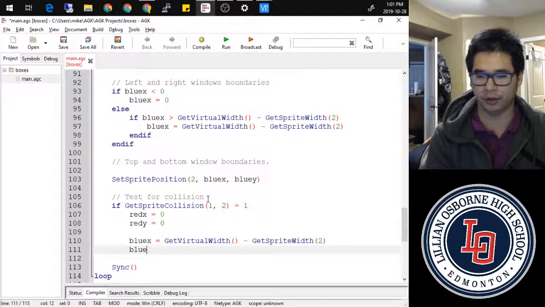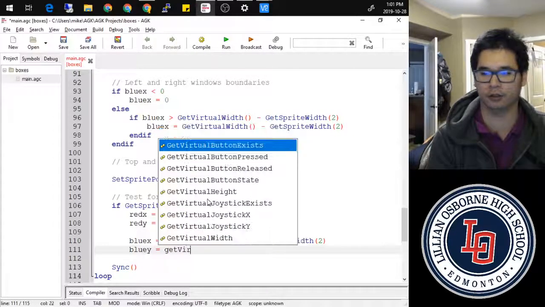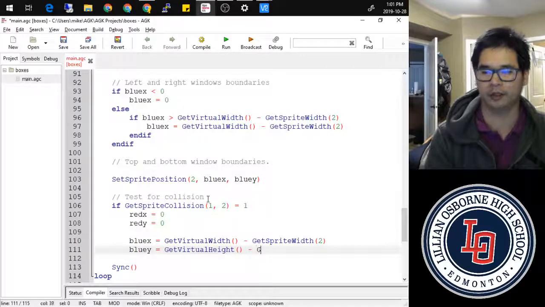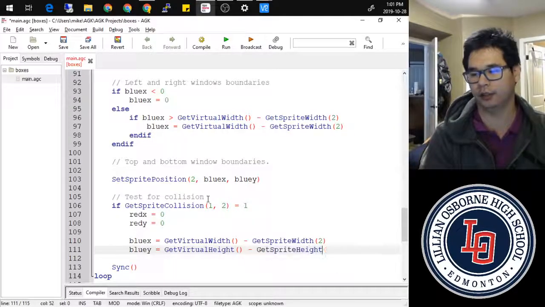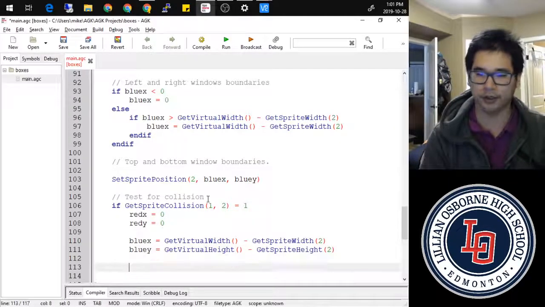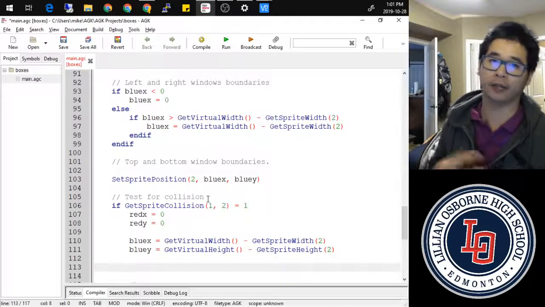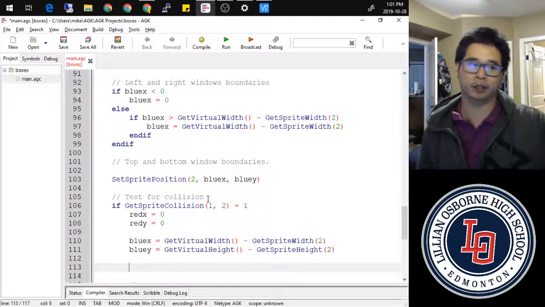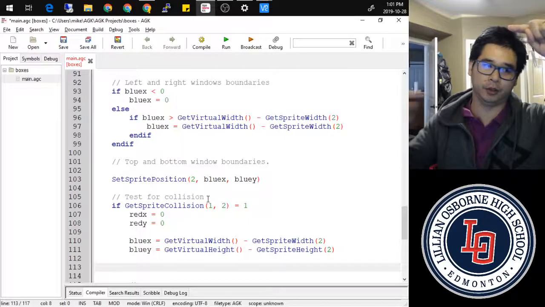And then blue y is going to equal get virtual height minus get sprite height. Hopefully with these two commands, you recognize that I'm putting red in the top left corner and blue on the bottom right corner.